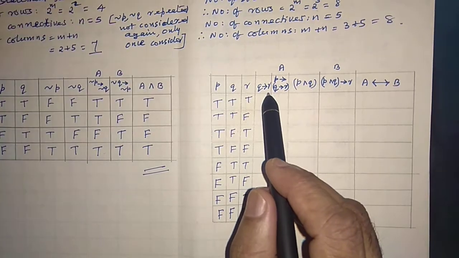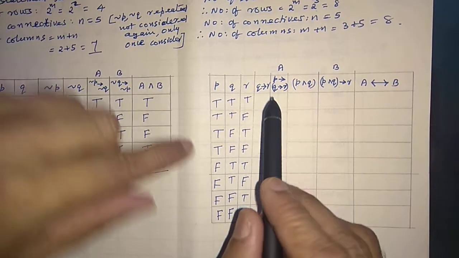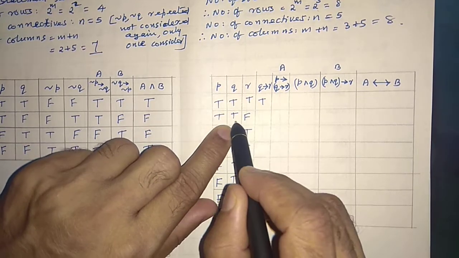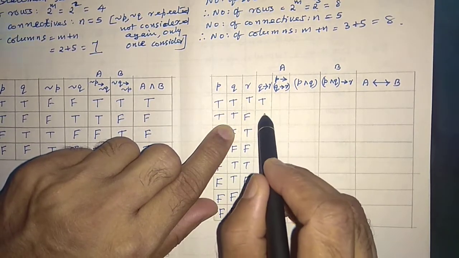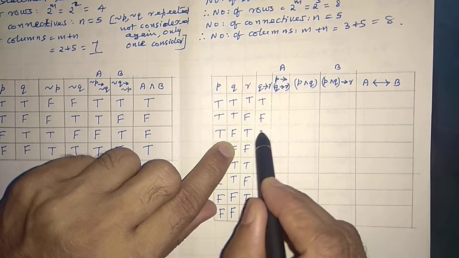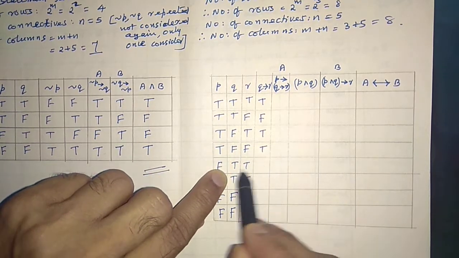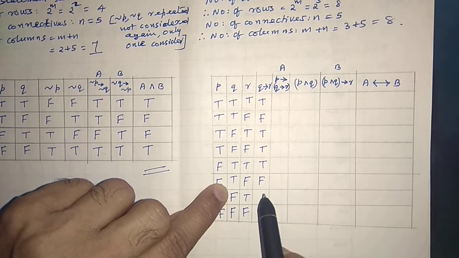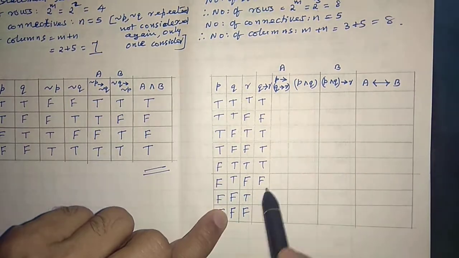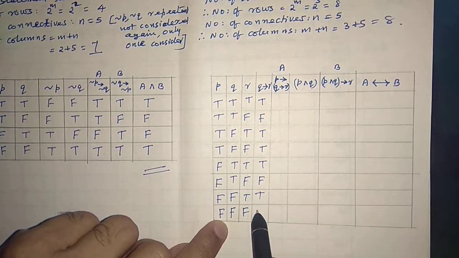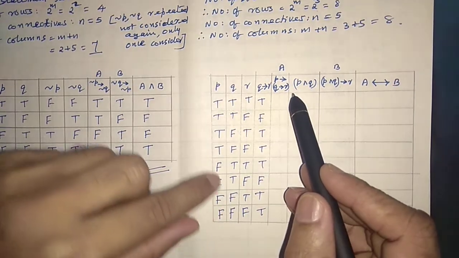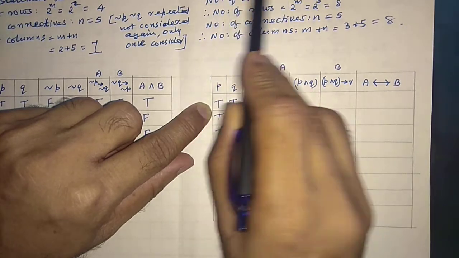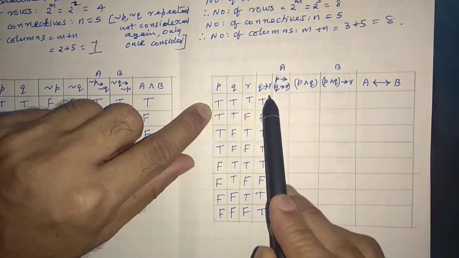Now first one we are making Q implies R. Q implies R. Both are TT. TF. Yes, simple implication it is F. Then FT, T, FT, FF, TT. First is T, second is F, F. Simple implication it is T, T. Now P implies this. We are making this part, the whole statement. This one we made here.